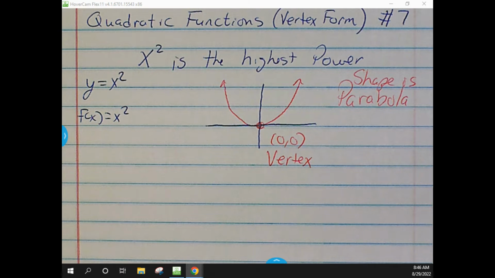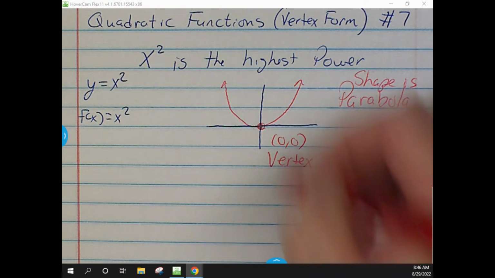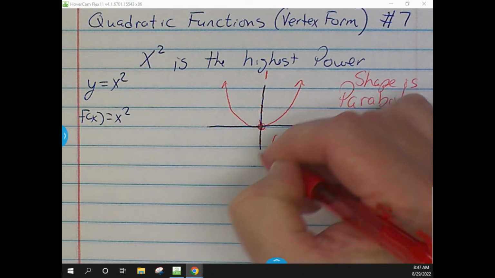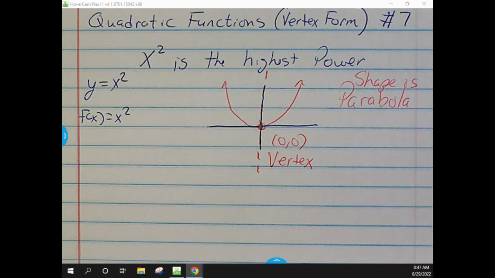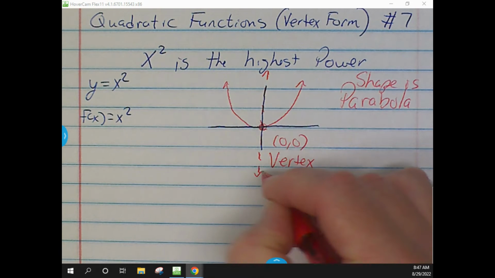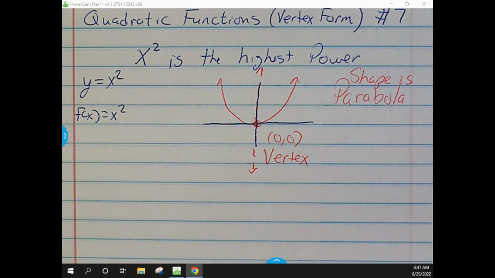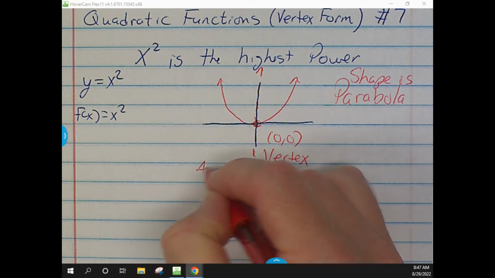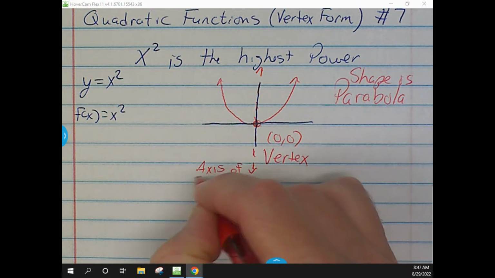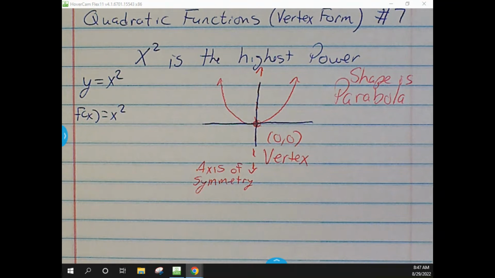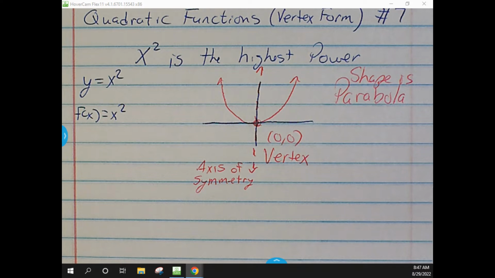Okay, so your basic shape is always a parabola. The top or the bottom of the graph is what they call the vertex. And if you draw a line right through the middle of the vertex, it should split the graph into 2 equal halves, which the mathematical term for that is called a line of symmetry. Or in this case, they call it an axis of symmetry. Okay, so everything that we do when we're graphing the parabolas, when we're doing quadratics, everything keys off of